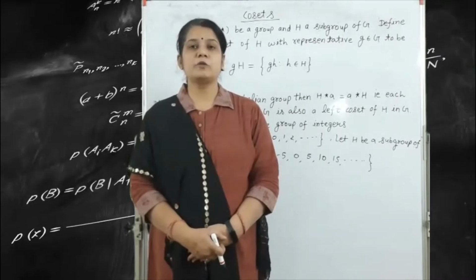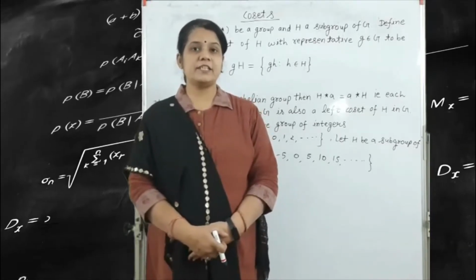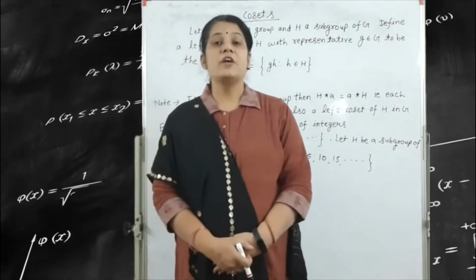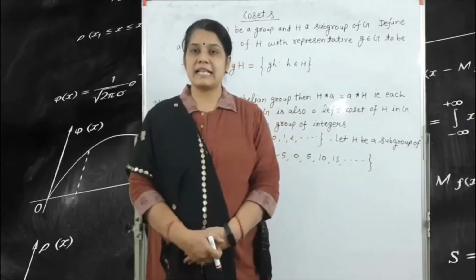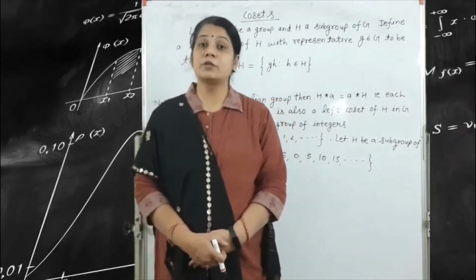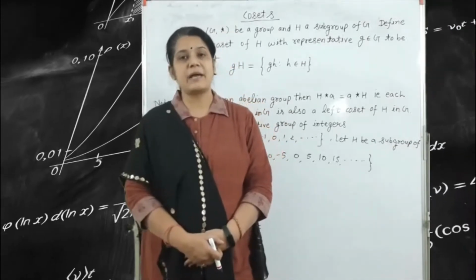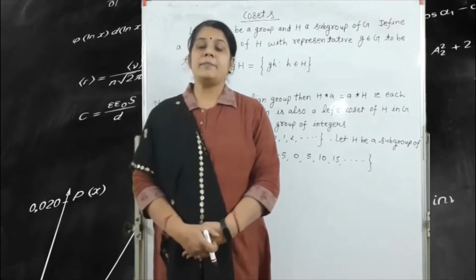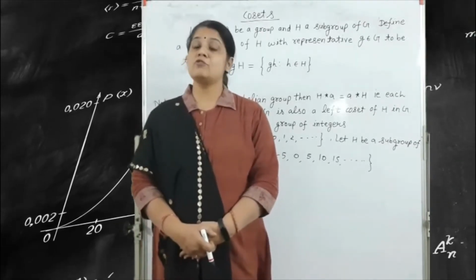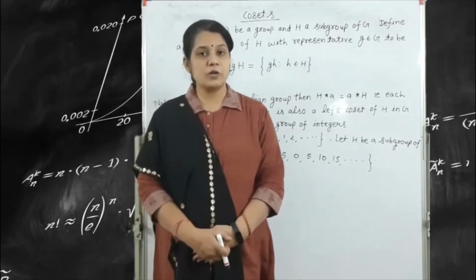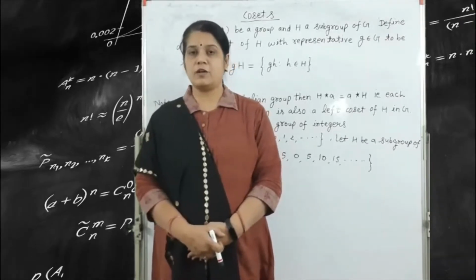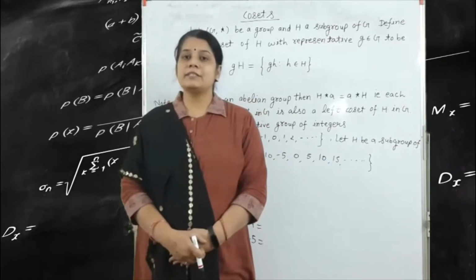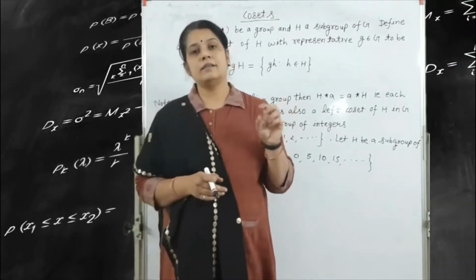Everyone, today I am going to take a lecture on discrete mathematics, chapter number 4, and the name is the algebraic structure. We have already seen in our previous lecture the definition of the group and the abelian group, semigroup, monoid, and the addition modulo m and the multiplication modulo m. With the help of addition modulo m and multiplication modulo m, we can find out very easily whether the given set is a group or an abelian group.